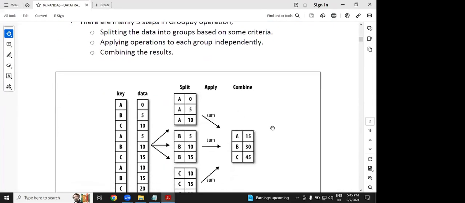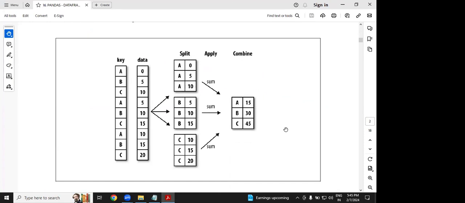I hope you understand. Let us take this diagram. Assume this is the data, with the key being the name of the product. A is the name of the product, and the number is how many times it sold. A, 0 times. Next, A, 5 times. Assume this is Monday sales 0, Monday A product 5 times, Tuesday A product 10 times. This seems to be small scale data only, but still we are